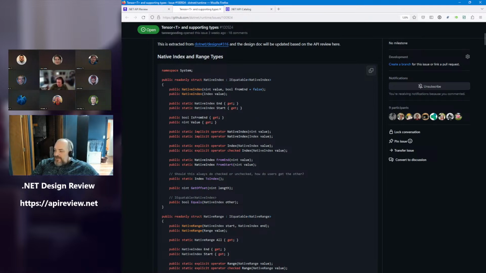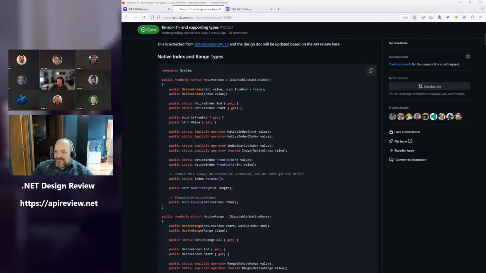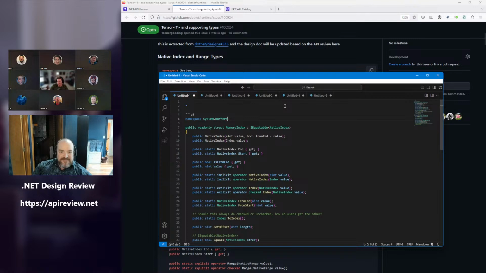Yeah, I don't know that address index helps explain that it's not 32-bit, but if we're just having trouble with the word native, then that is another thing for people to think about. Memory index. If we put it exclusively in System.Numerics.Tensors, we could call it tensor index, although people are going to use it for things other than tensors. And tensor index might be confusing because a tensor index is technically many native indexes.